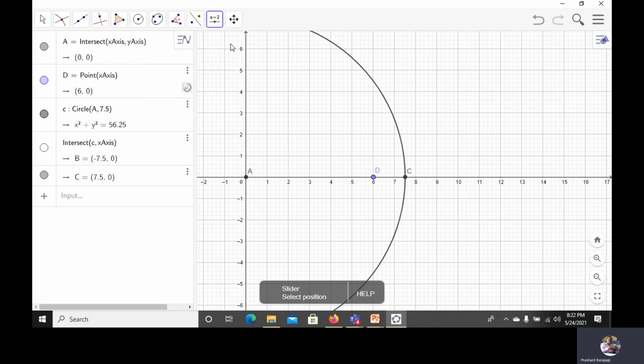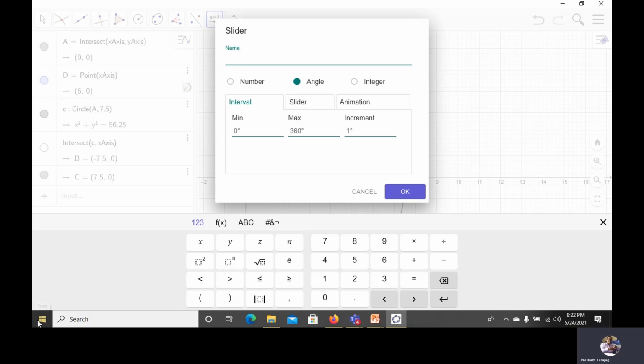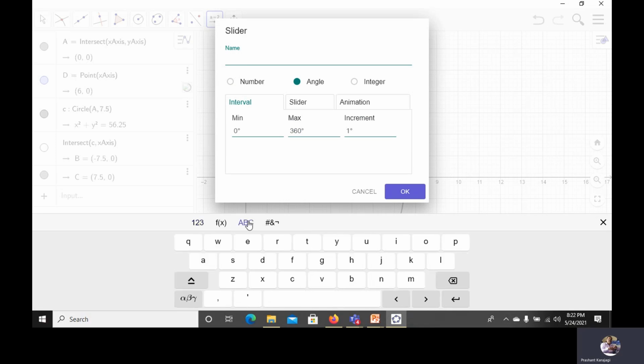Then use a slider for providing the oscillation for input link AB, right? It is in the form of an angle, and the notation for angular position is the symbol theta.